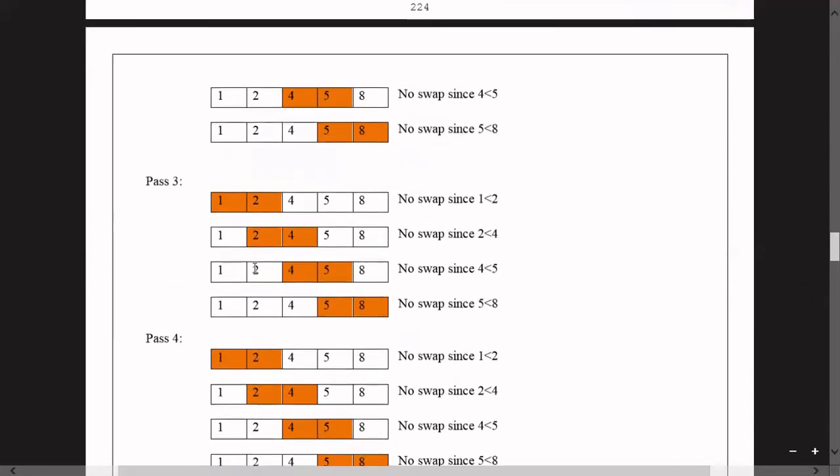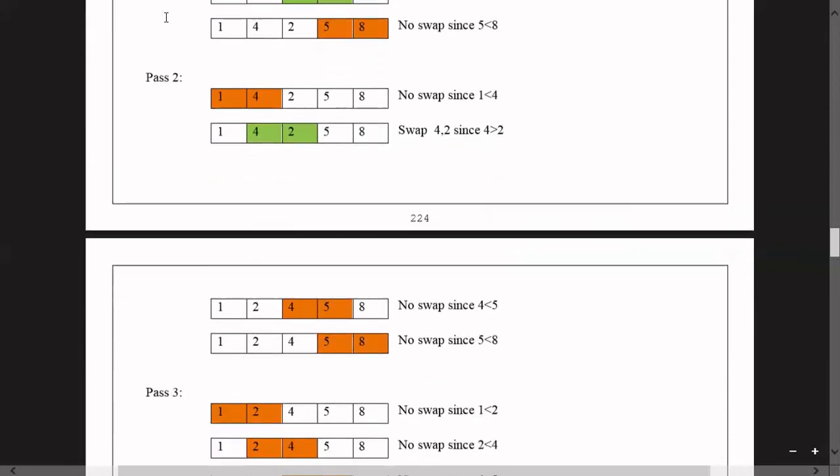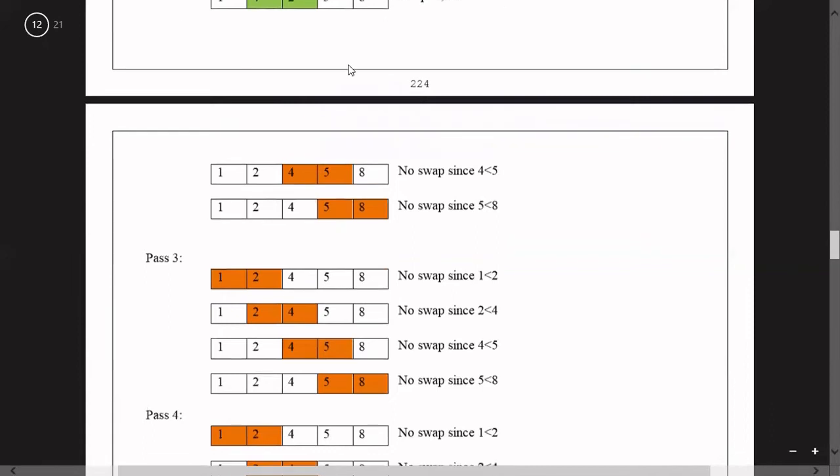Then we will choose one for loop to select pass 1, pass 2, pass 3 and pass 4. Whenever a pass is selected with the one for loop, to iterate the element selection first time, second time, third time and fourth time, we are going to have one more for loop for this element selection. One for loop for the passes selection, one more for loop for the element selection, and we go into the program and write the logic for this particular bubble sort according to this explanation.